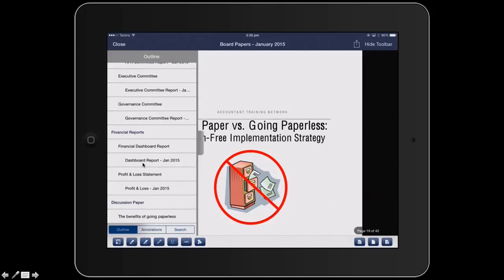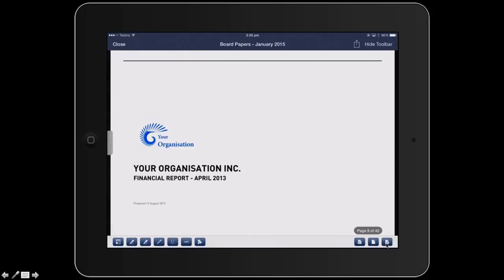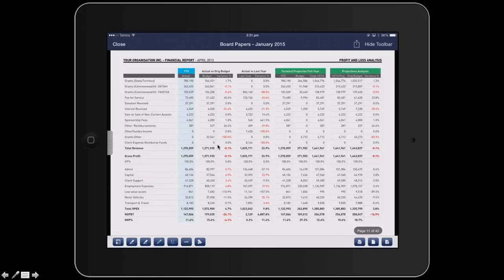We can pull out this sidebar navigation, which serves as the outline, very similar to the bookmarks you saw in the PDF version or the online version. Here are the agenda categories and here are the documents that have been uploaded. So I can jump directly to the dashboard report, maybe punch that sidebar back in, scrub forward one or two pages. All of the key information is now on screen, so I can now use a great selection of annotational